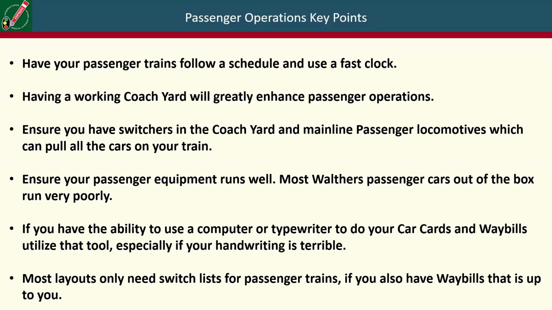Also, for your coach yard, just make sure you have switchers in your coach yard, and engines that pull your mainline passenger trains, which can actually pull these cars. Many switchers these days from manufacturers have very minimal pulling power. So before you do this, make sure the engines you use can actually pull the cars you plan on running. The next one is just making sure your passenger equipment runs well. Many Walthers and most brass passenger cars out of the box do not run well at all. I'll give you some tips and ideas on how to make these cars run well on your layout